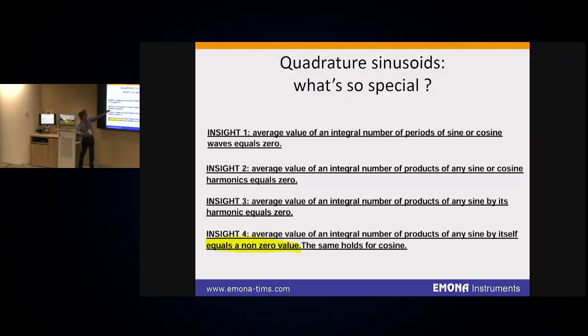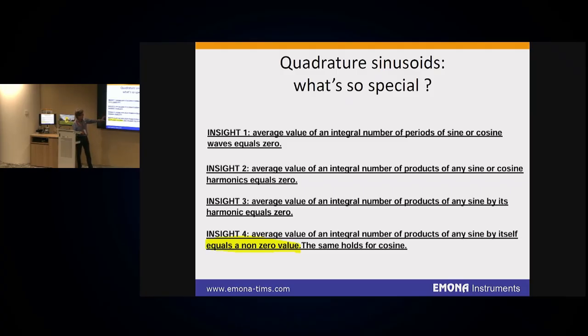So multiplying sine by cosine's harmonics will give 0. The third insight is the average value of an integral number of sine by its own harmonics equals 0. And finally, one that's different, the average value of the integral number of products of a sinusoid by itself yields